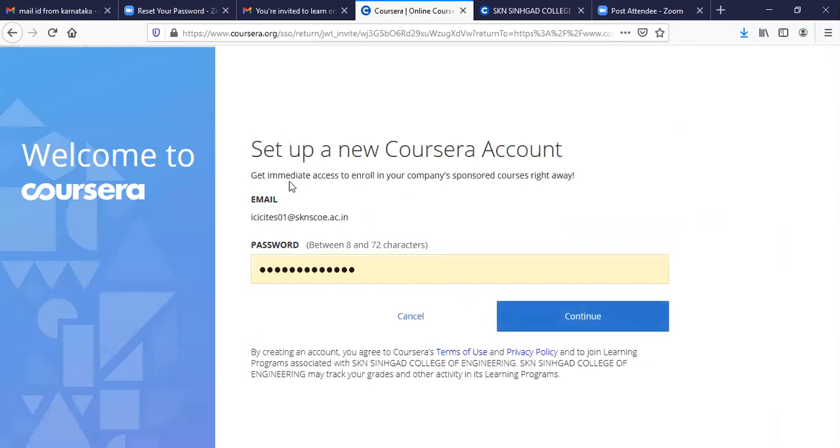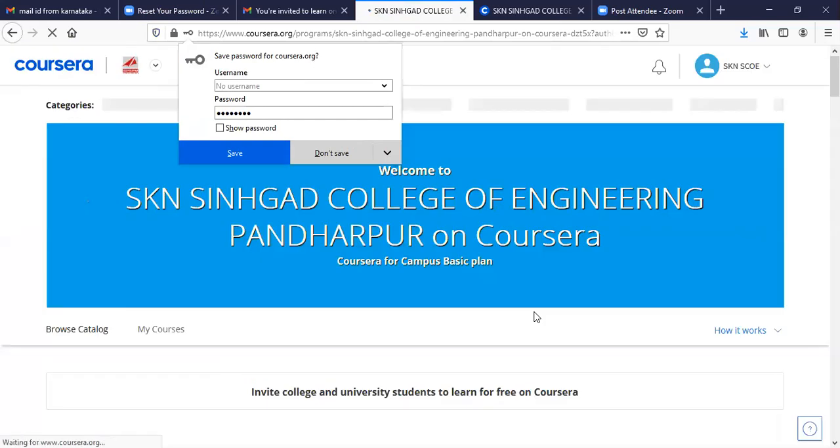Now, whatever email ID was given to your staff coordinator, you know that. So this will be your email ID and you need to set the password. Here C2020 is the password I am giving, and I am just clicking on continue. Once I click on continue,